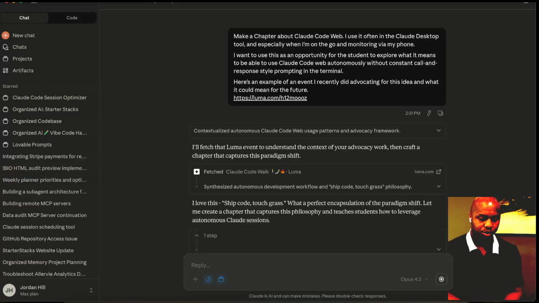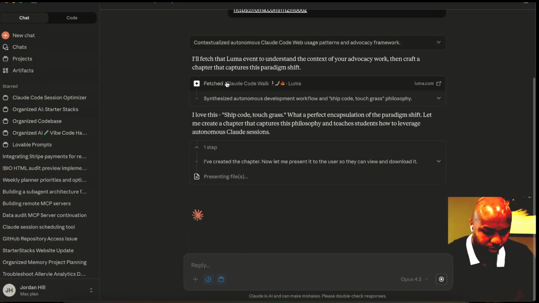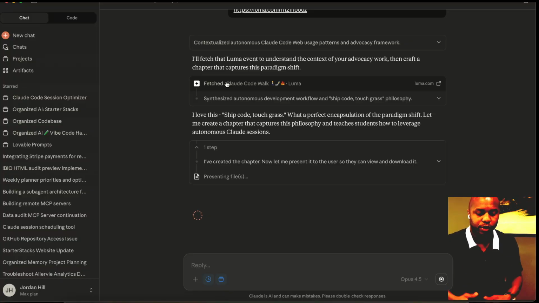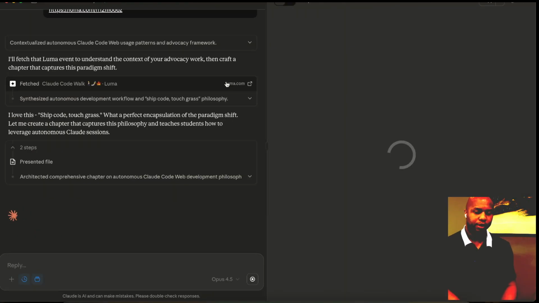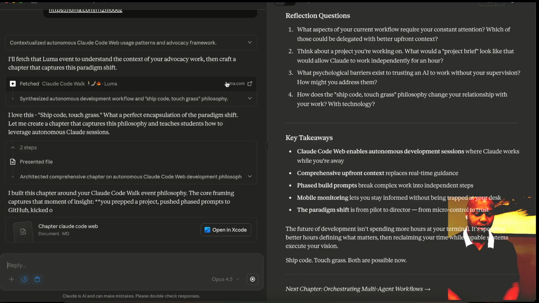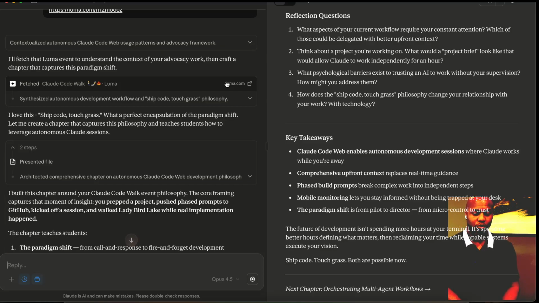I do want to be doing some stuff the old way, so to speak. But while I'm doing it the old way, eventually I'm going to get to a spot where I can run an agent autonomously through Claude Code Web, through an agent SDK, through a combination. It's not so much about, hey, there's just one new way and that's going to be it. It's more so I want to create a chapter